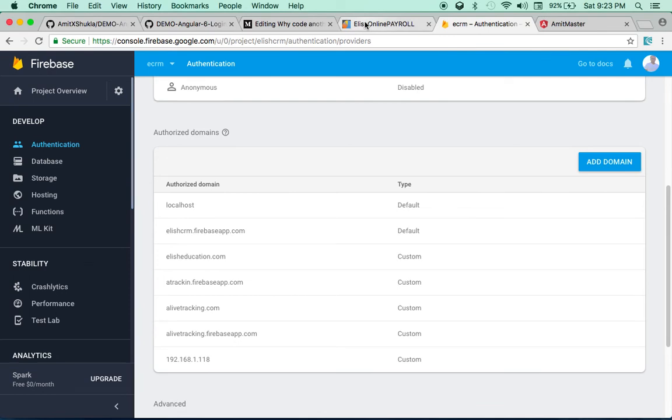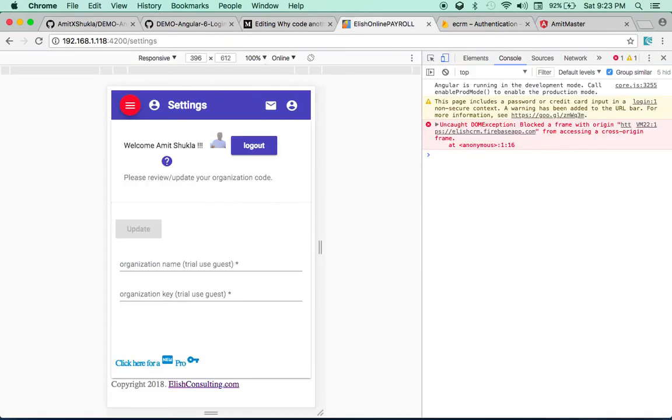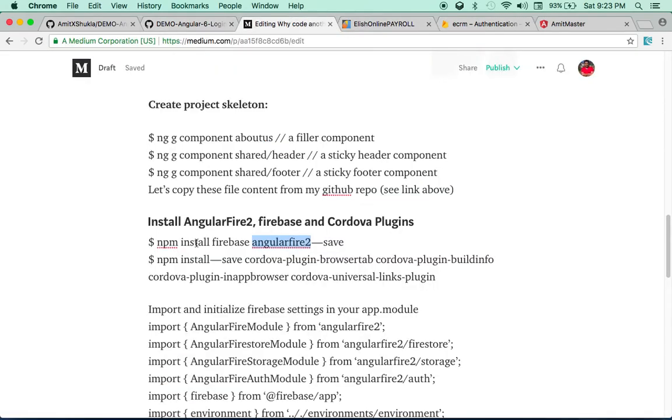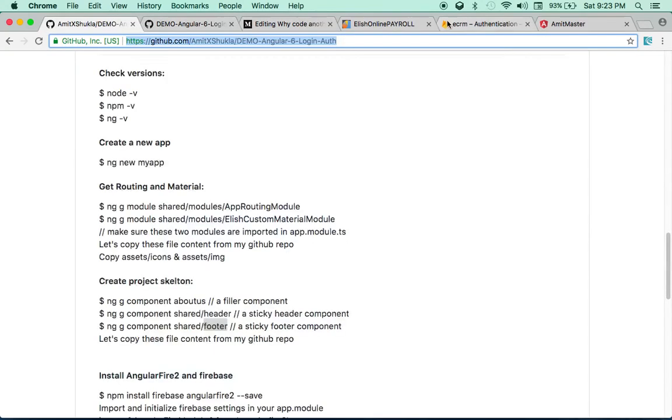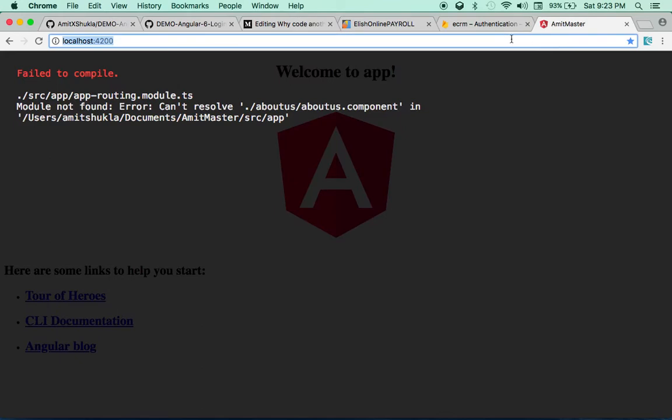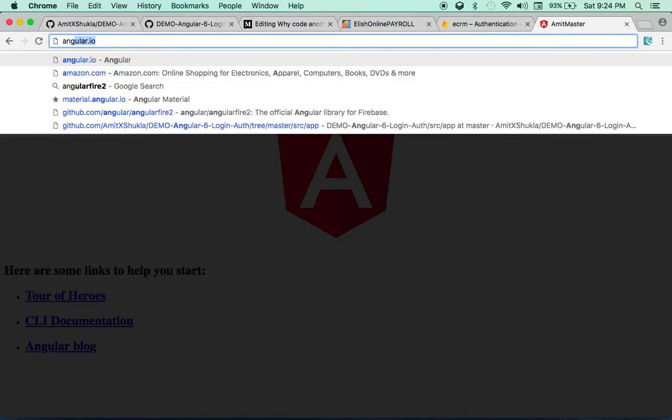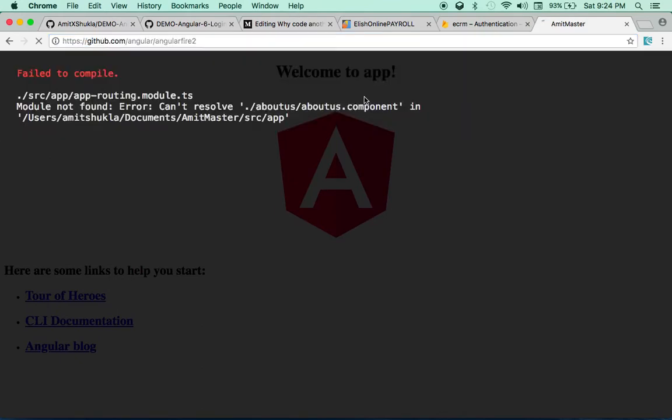Okay, and then the next thing is you have to install Firebase and AngularFire2. Okay, and then there are a couple of Cordova plugins you need to install. Okay, let me tell you where it's coming from. So if you go back to that GitHub repository, I think I closed it somewhere here. So if I go to the AngularFire2 GitHub repo, okay,